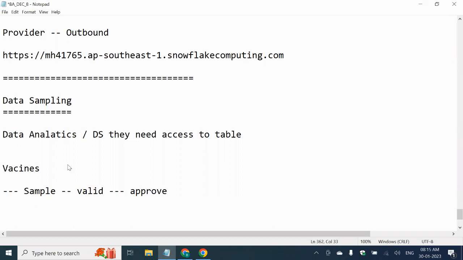Assume a medical organization said that they tested some sample data from